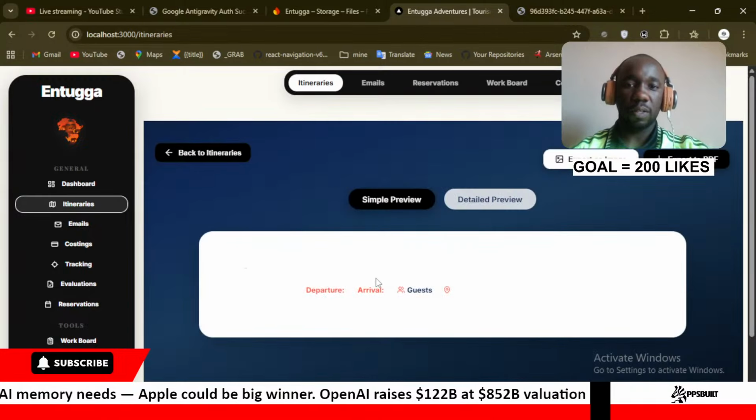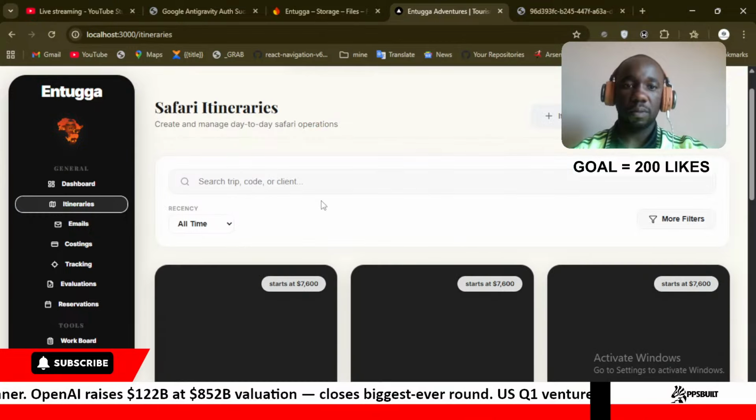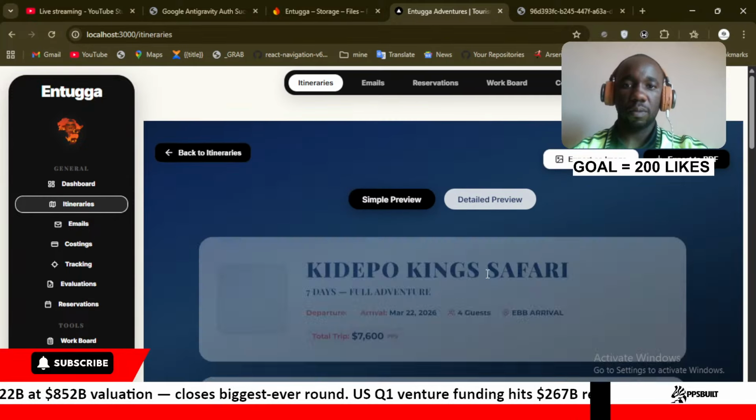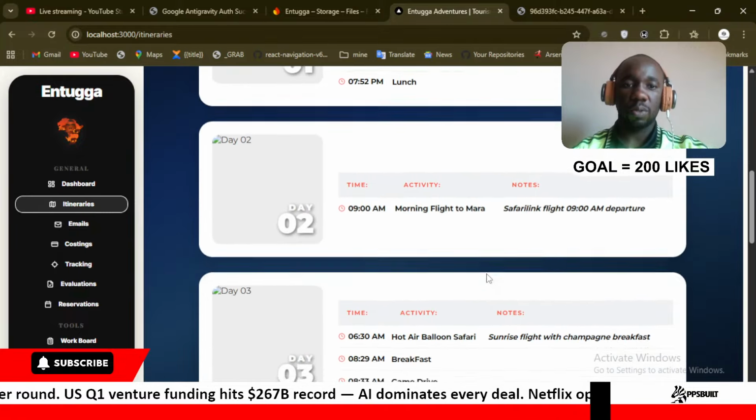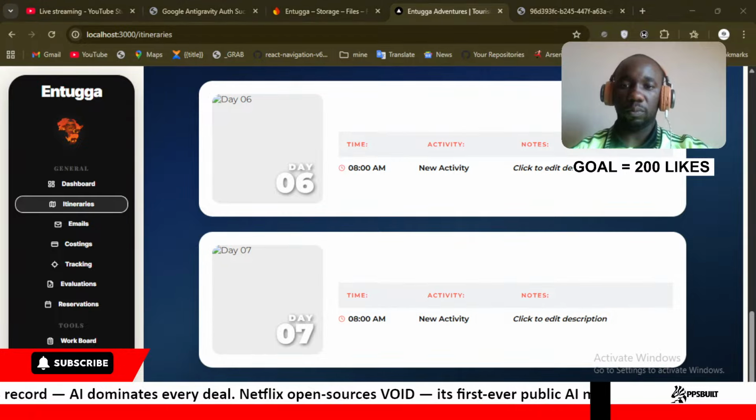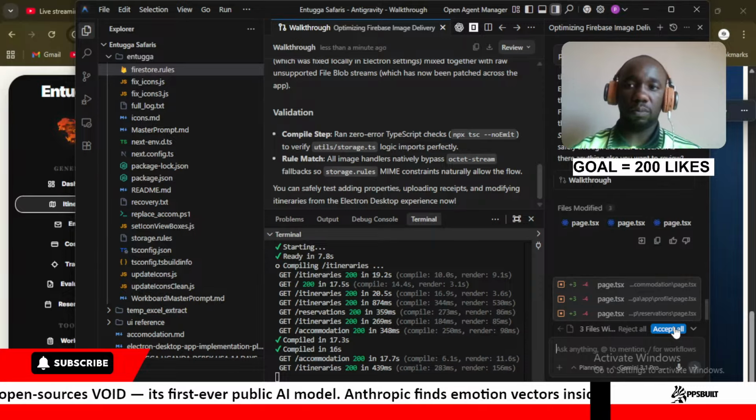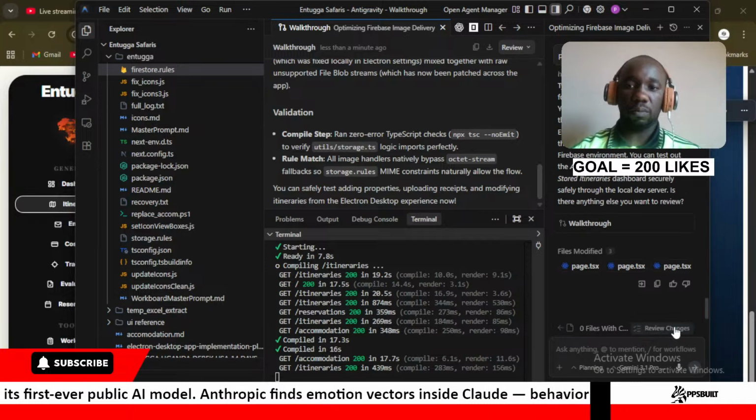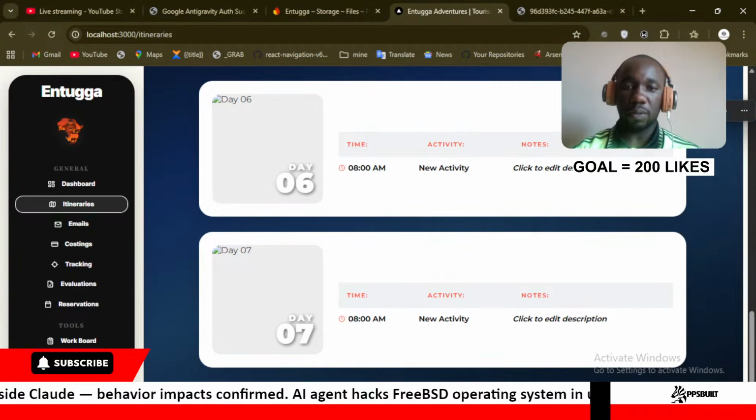Still we cannot view the images. So let me try to check this out on